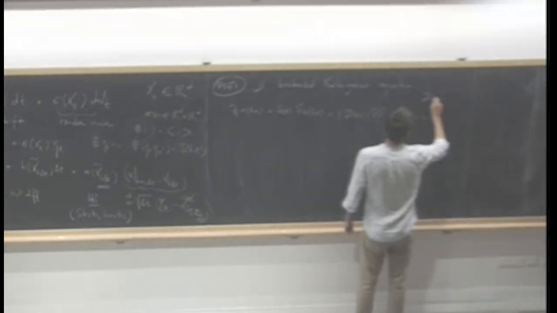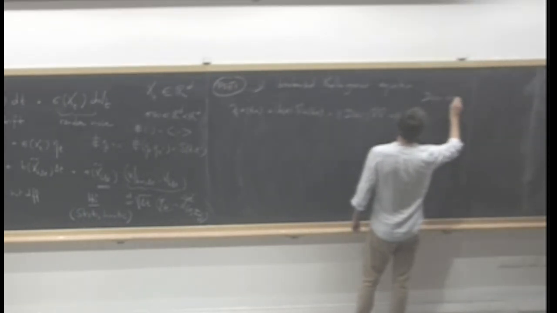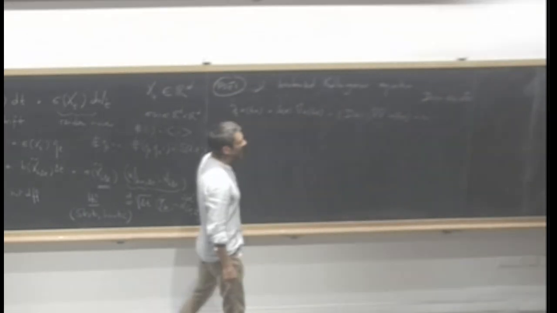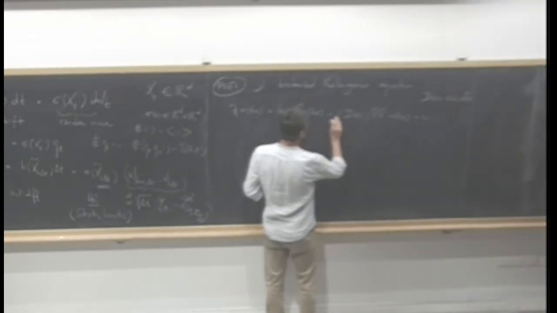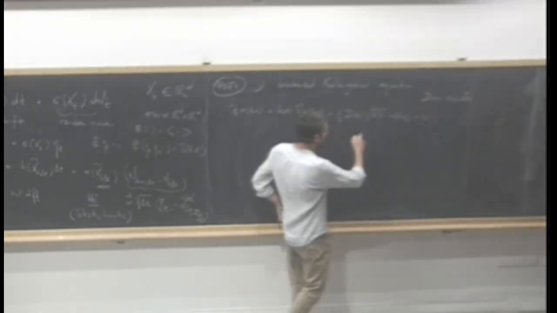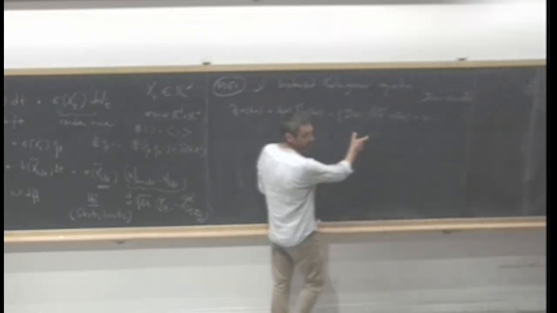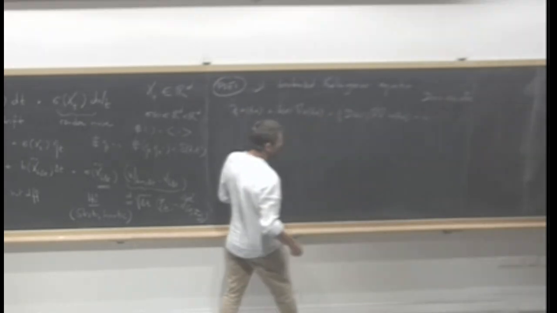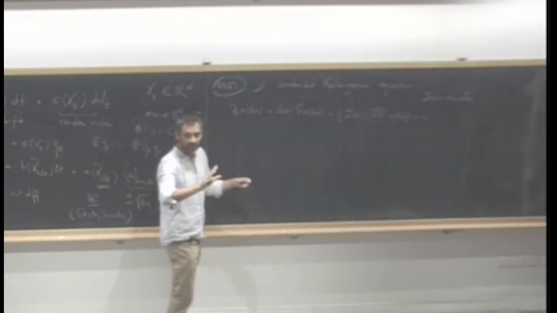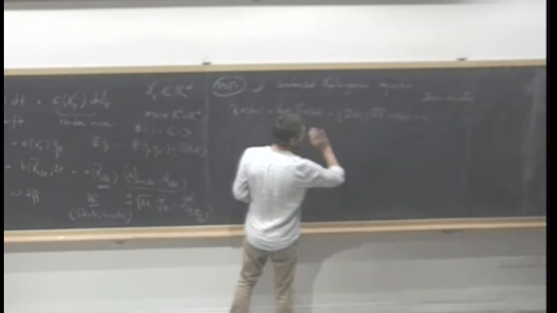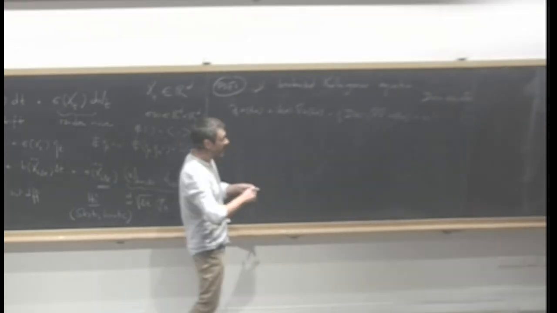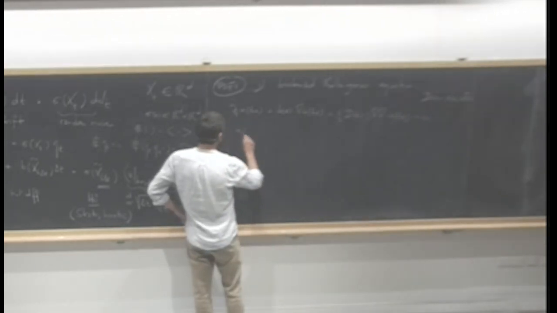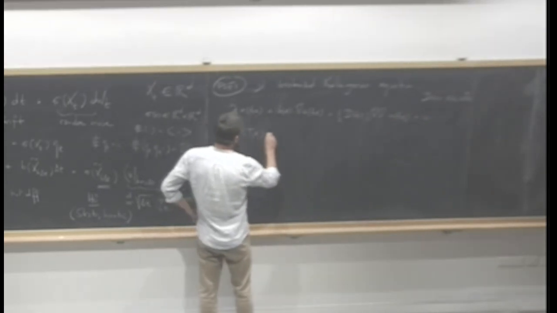D here is the tensor that you obtain by taking the tensor sigma and multiplying it by its transpose. So it's a positive semi-definite matrix in general. This double dot means that it's a full contraction, so this is like the trace of this tensor times that one. This is the Laplacian. In a minute, we're going to get a D that is scalar, so it's going to be easier. And so this is an equation that you can write, and it has the following property, that if you solve it